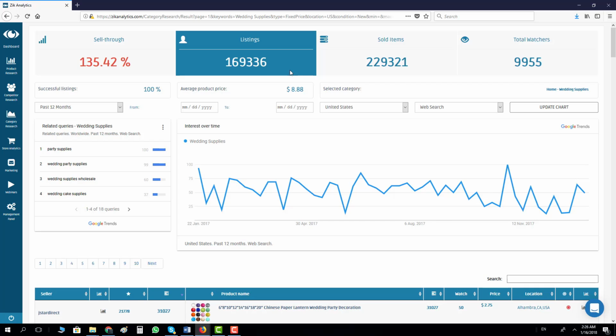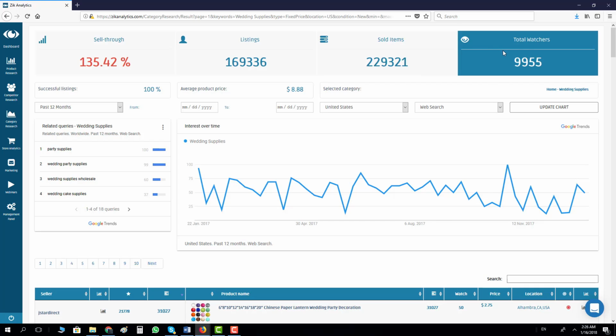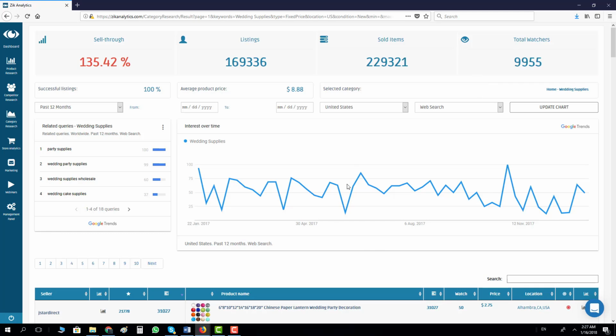then we will make a decision. These statistics here help us to just get an idea about the whole subcategory and how many items, how many listings, how many sold items, how many watchers, what is the sell-through rate based on the first page, what is the successful listings based on the first page. Okay, and this is just a trigger to help us understand, do we have luck, do we have the opportunities